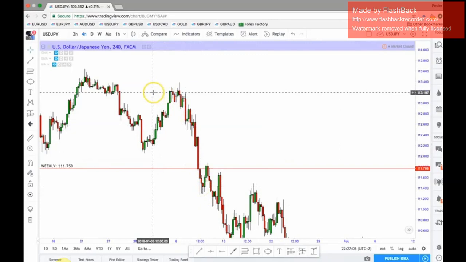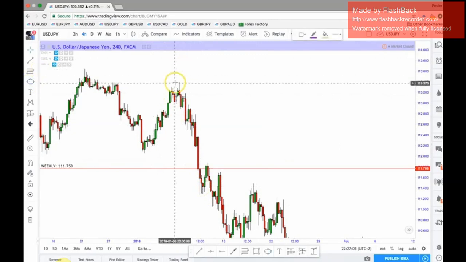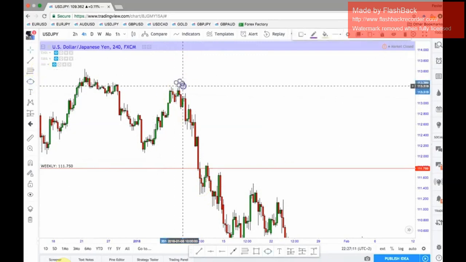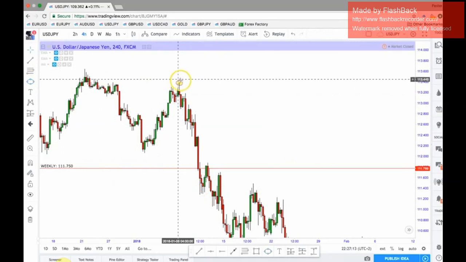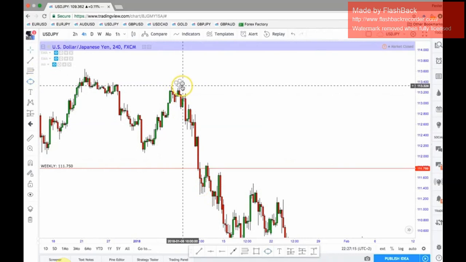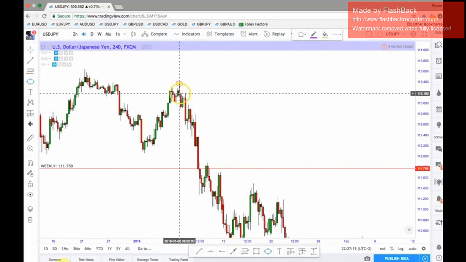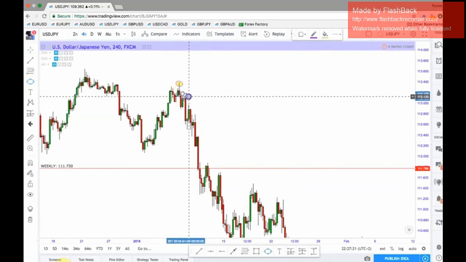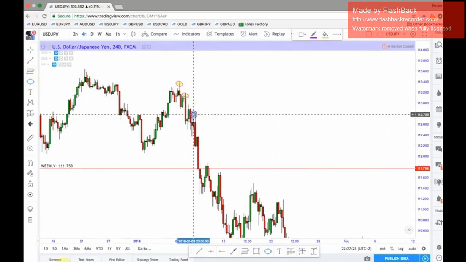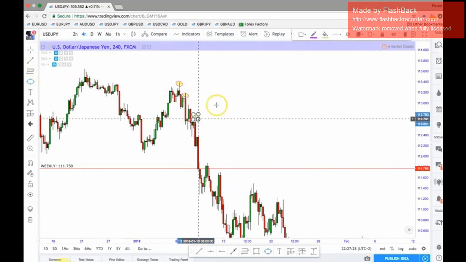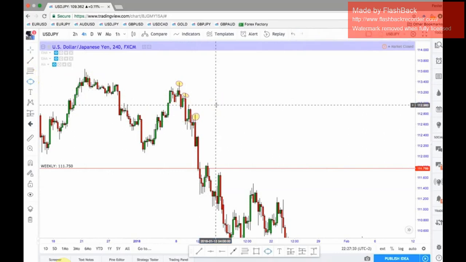But where do we exactly place the fib? Do we place the fib on the top of this wick? Are we placing the fib on top of this wick, or are we placing the fib here, or are we placing it here? Okay, so how do you know where to place it? So what you need to do is